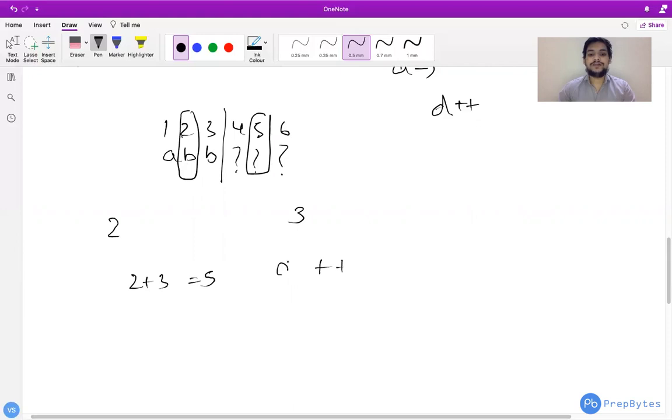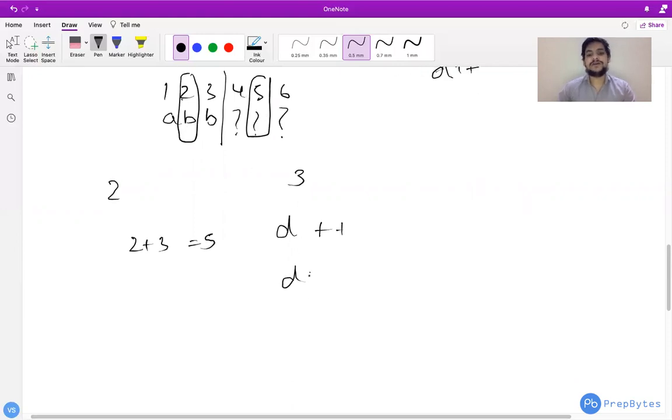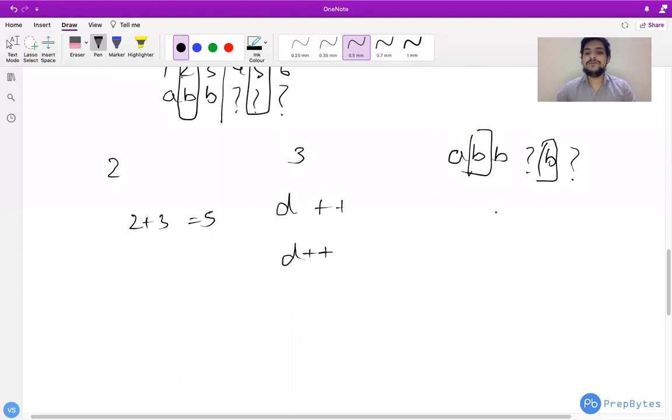We will do the d plus plus. And if this also is getting question mark, we will again increase the count by d plus plus. And if they are by default the same, suppose the example is this, A B B question mark B question mark, and by default they are same. This index is by default same. Then also we will increase our pointer, because then also the possibility of getting an answer is 1. There are these possibilities of getting the answer, and at last,